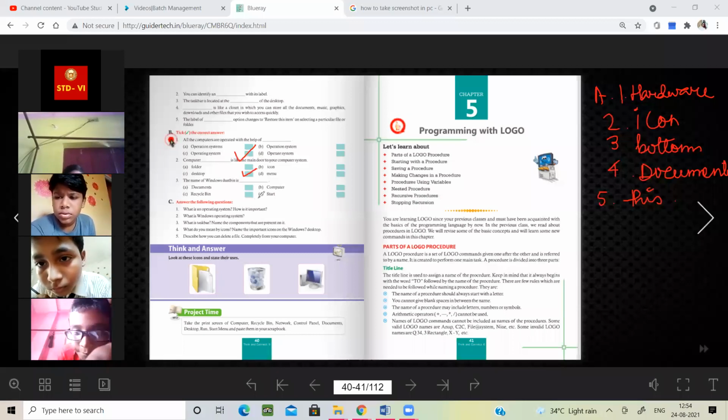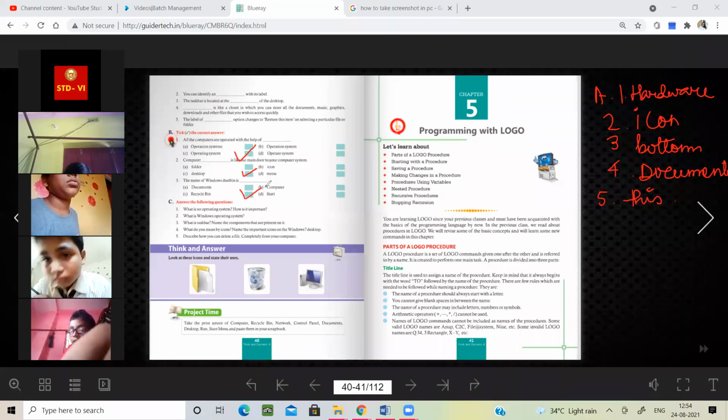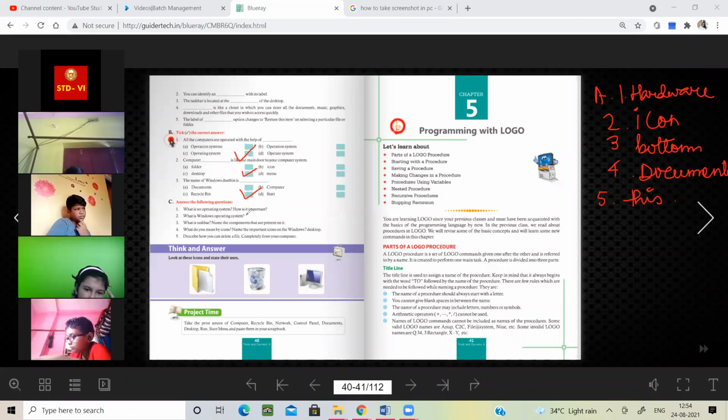Go to the computer icon. You can see there that the computer icon is like the main door to your computer system. The icon means this PC. Okay, so this is your entire answer.